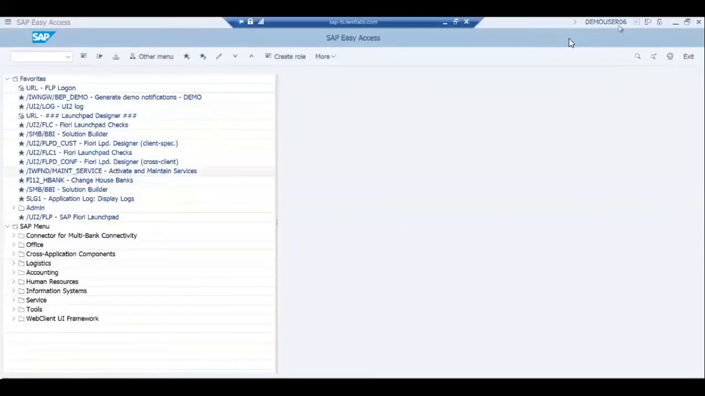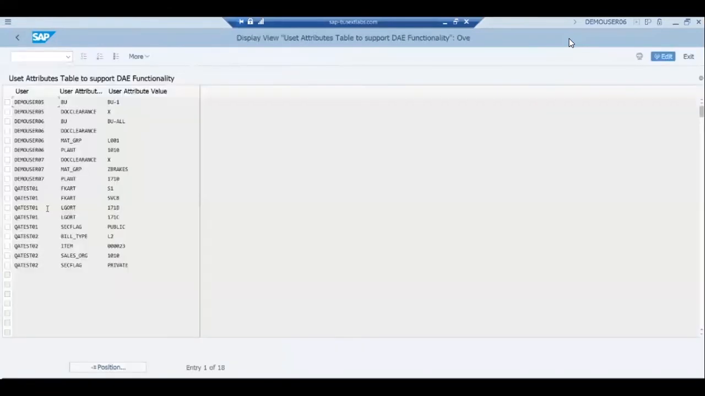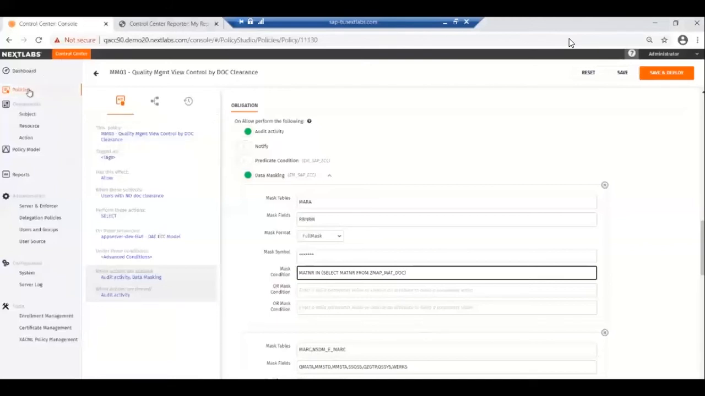I already logged on as demo user 6, and I can quickly show you where we have that material group assignment done. Part of the product is a user attribute maintenance tool, where you can assign user attribute values to the user, or these can also be derived. For example, here, if you look at demo user 6, mat_group, this is the attribute name, is assigned to L001. And demo user 7 is assigned to Z breaks. Now if you look at the corresponding policy for this particular scenario,